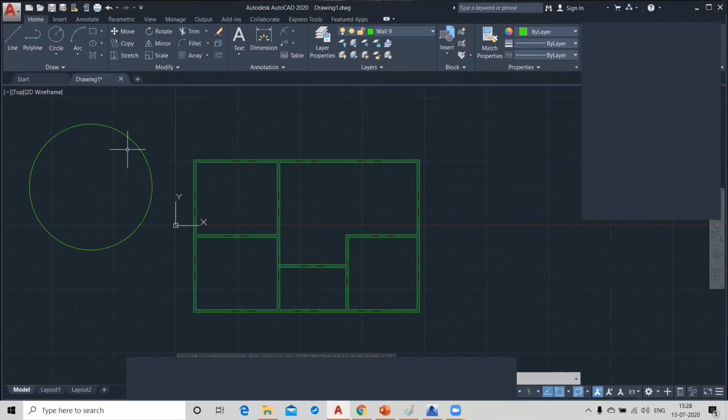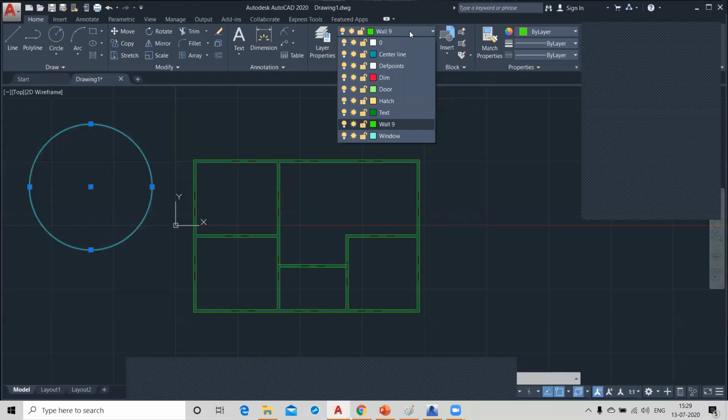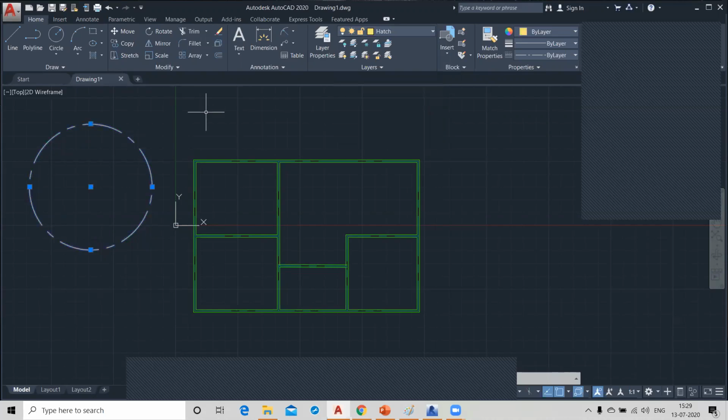It is possible. See, this circle is drawn in which layer? Wall. Right, Rohit? You can select it, go to the layer and select the layer in which you want to draw this.